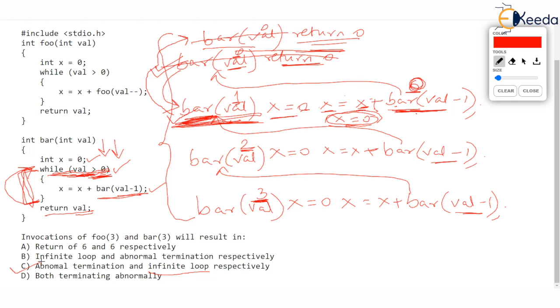I hope you have understood. I know that at times the slate becomes quite messy, but that's the way we are going to solve our GATE paper. The scribble pad that is given during the GATE exam is also going to be messy. So please try to understand my working here.